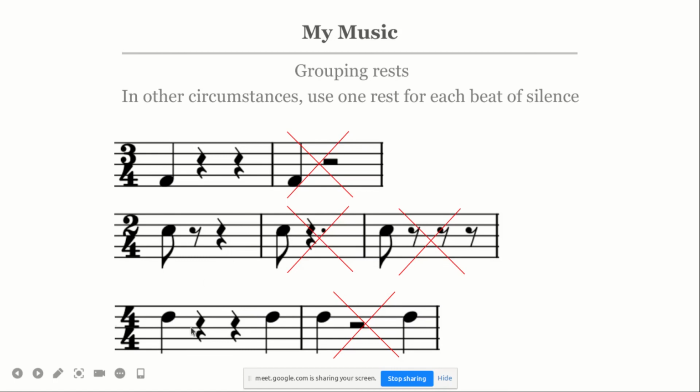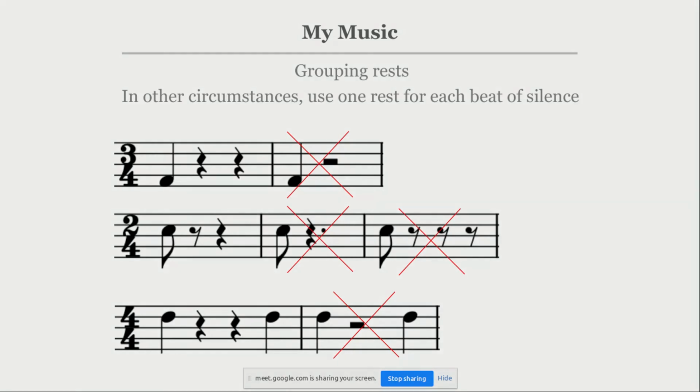Look at this 4/4. When we have 2 rests in the middle of a 4/4 bar, we don't group them together with a minim rest as shown on the right. You divide each of them. In 4/4, we said you can only combine rests when it's the first half or the second half, not in the middle. So this is the right way of writing 2 beats of rest in the middle of a 4/4 bar. And that's it. Any question?